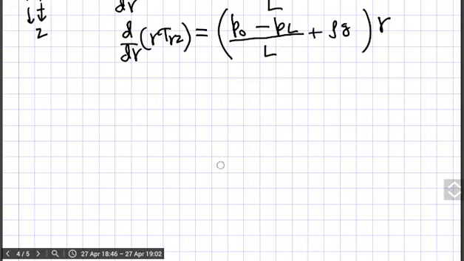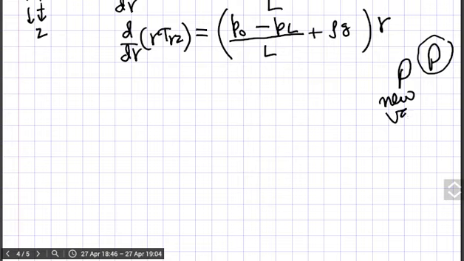Now the important thing: in your book you will see a variable written like this. They have done it to make the form of this equation more convenient and simple. So what is this P? They have defined it as a new variable that takes the pressure and the gravity terms both into one variable. So what is the definition of this new variable?